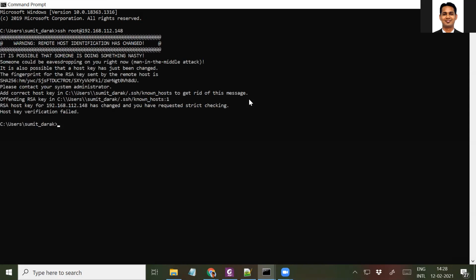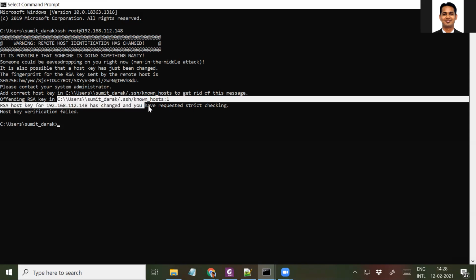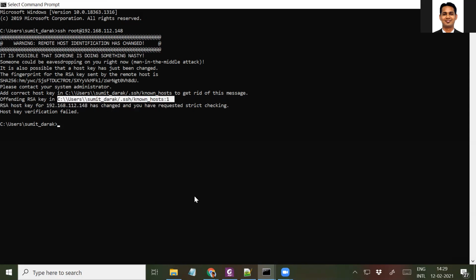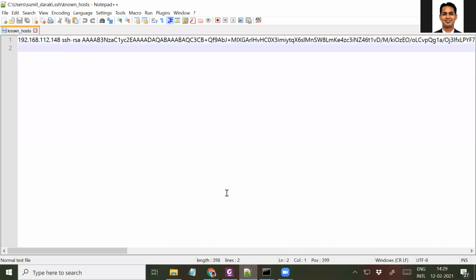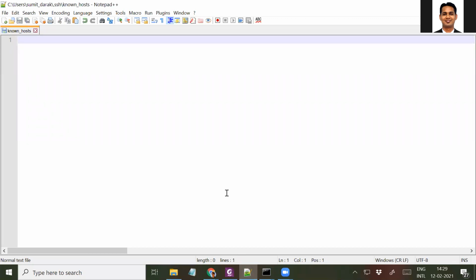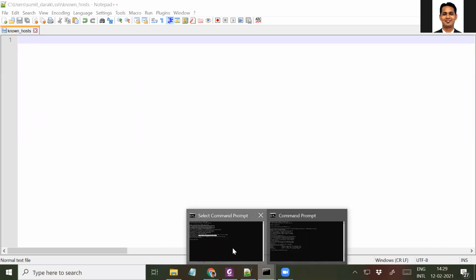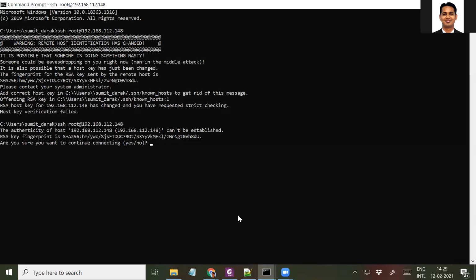If you get an error like this, you need to go to this folder, open this known hosts file, remove everything from that file, and then save it. Password is root.